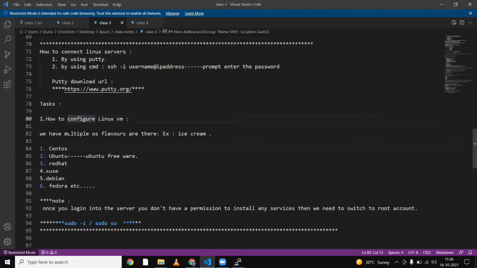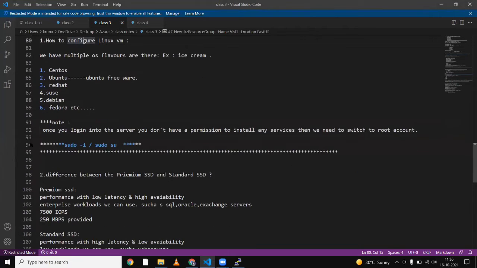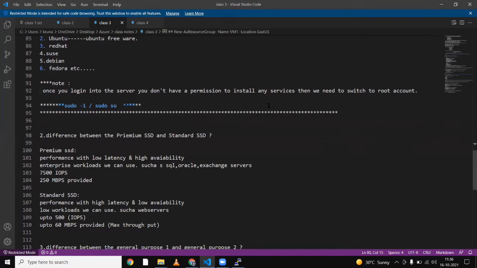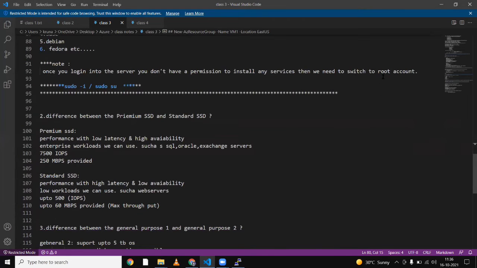What is next? As I told you, when you are logging into the server and you don't have permission to install anything, at that time we want to switch to the root user. Why are we switching to the root user?